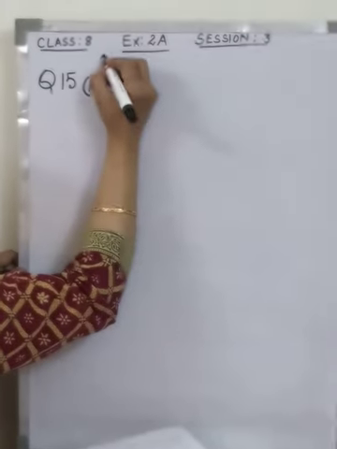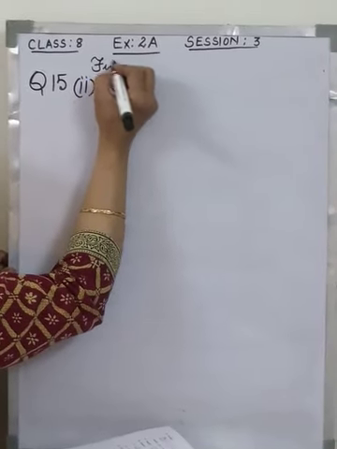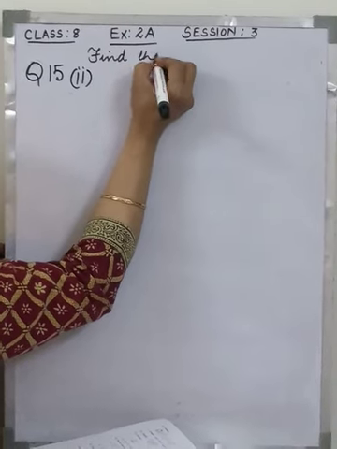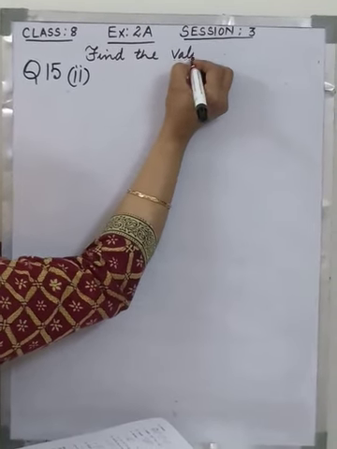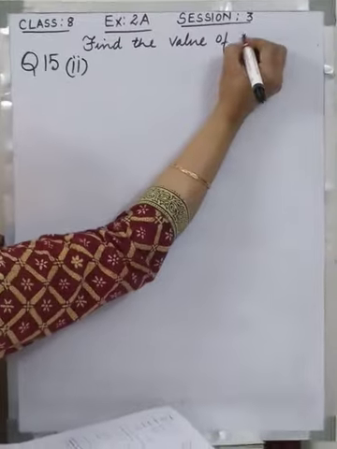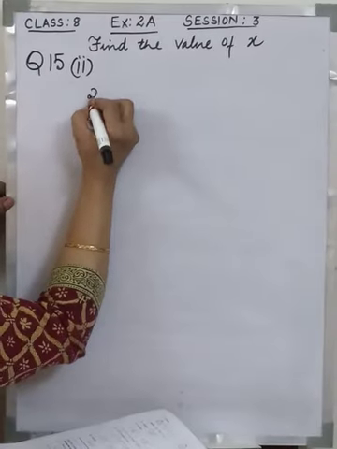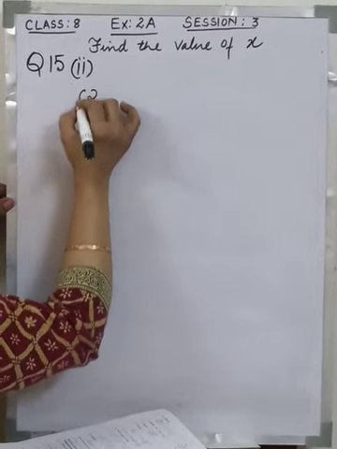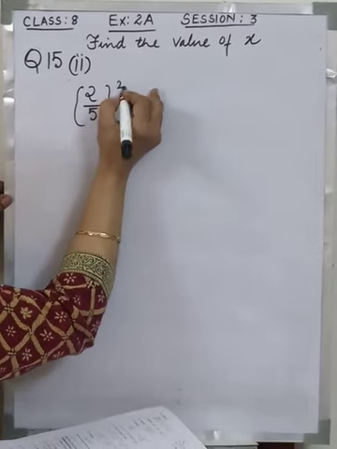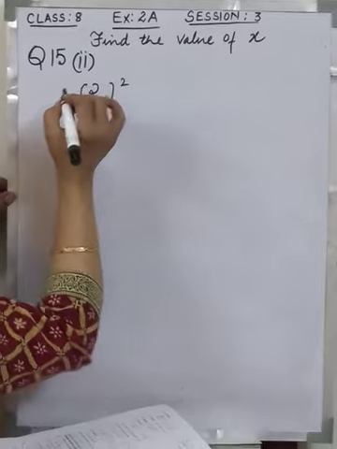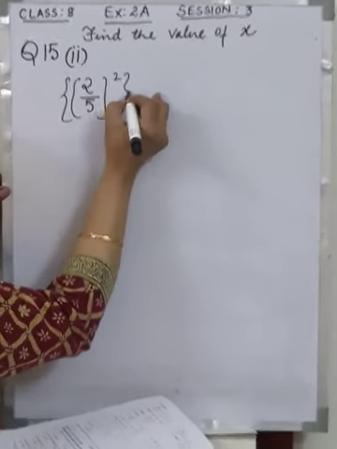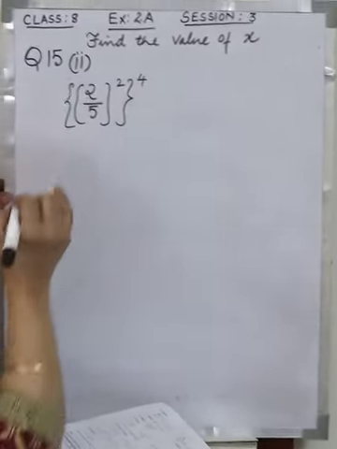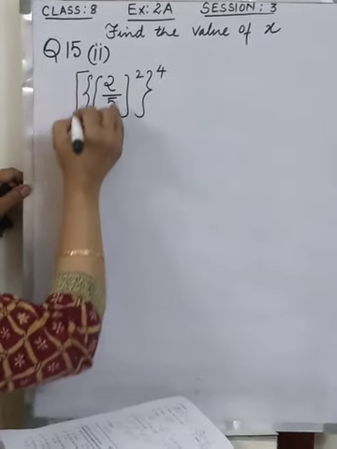In question 15, what is the question line? Find the value of x. In question number 15, we are solving for the value of x when the question is given. So I copy down the question. It is 2 by 5 whole to the power 2, then to the power 4 and then to the power